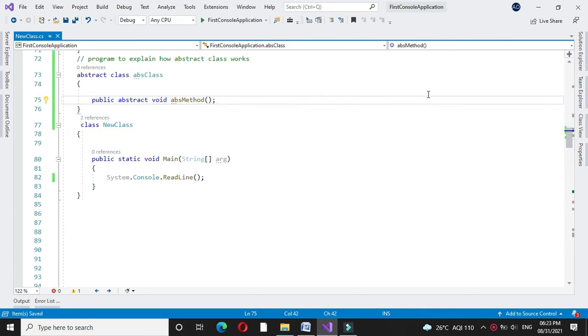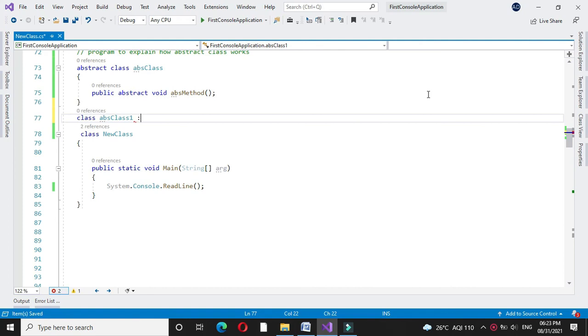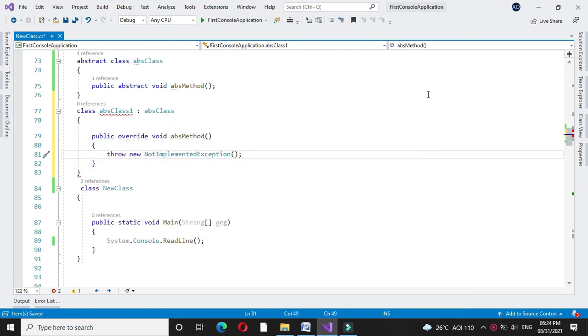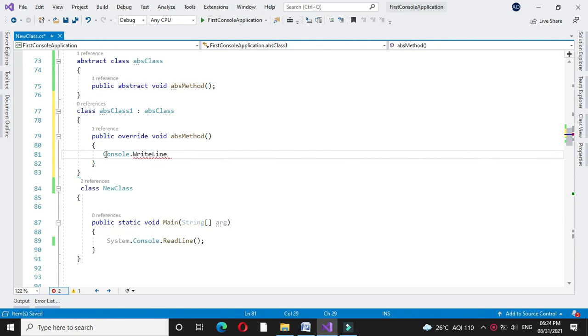Since it is abstract method, we are not going to write contents of it, and then we will define another class and we will inherit the abstract class. Here we will override the abstract method. In this we will write console.WriteLine method from abstract class.